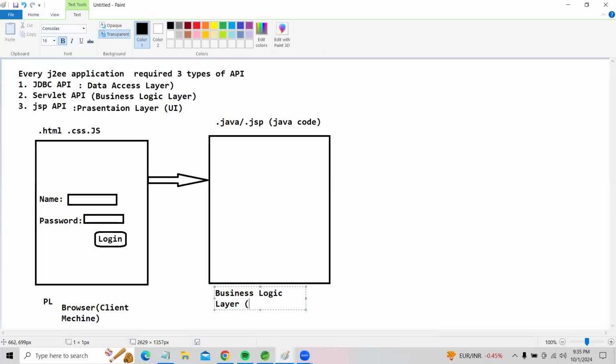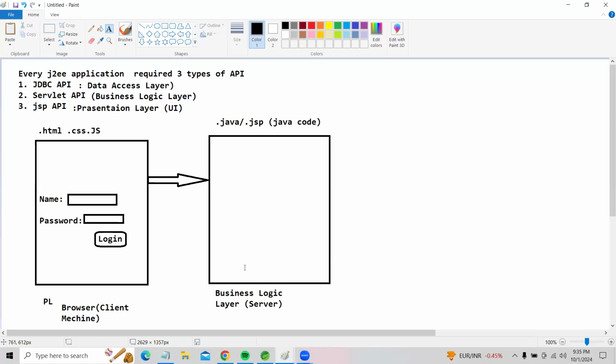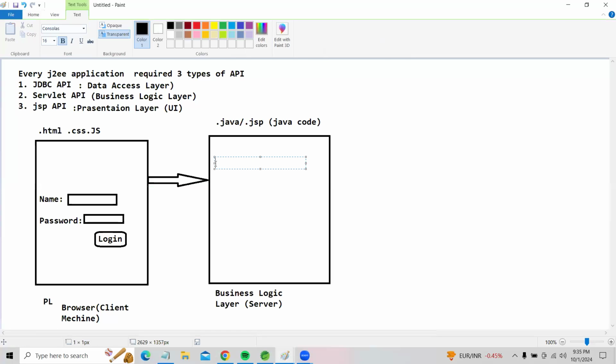And this layer always runs in the server, my friends. What does the business logic layer do? It takes the user inputs from the presentation logic, which is the input statement. After taking data from the presentation layer and storing that value in the input statement, it performs the business logic, the processing statement, where some business code is running.